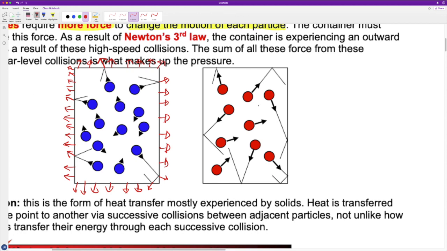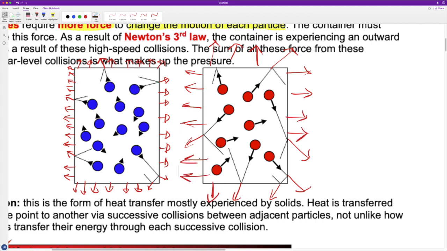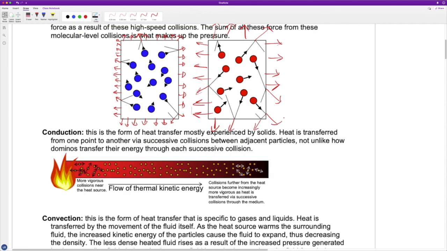Well, when the temperature increases, the velocities of these particular molecules increase dramatically as well. So when they smash into the container, the action-reaction forces are much more violent. So as a result, we have many more of these more violent collisions, and this represents higher pressures on the container itself. So as the temperature goes up, these collisions increase dramatically,